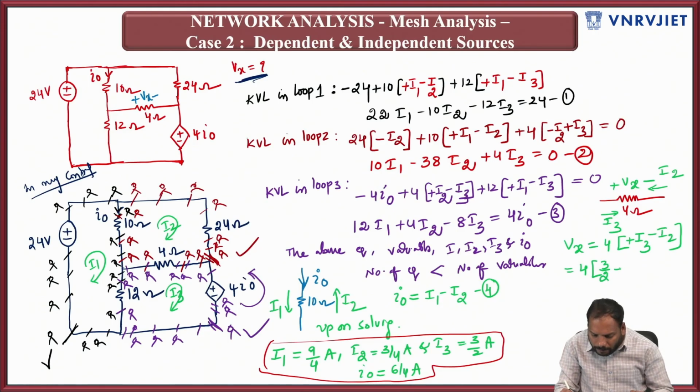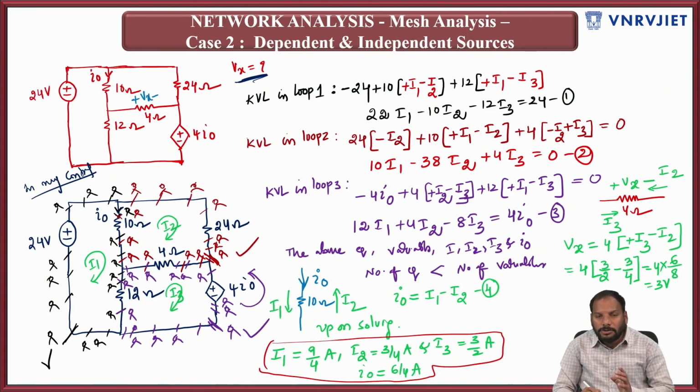by 2 minus 3 by 4. Okay, so that is equal to 4 into, taking the LCM as 8, 12 minus 6, so it is exactly equal to 6. So the answer is exactly 3 volts. The value of Vx is how much now? 3 volts. So once you have calculated the loop currents I1, I2, I3,